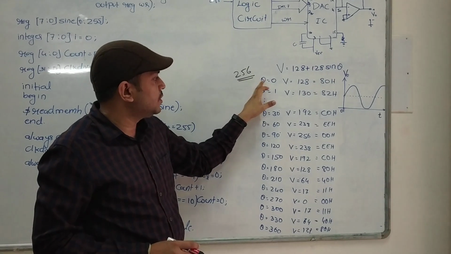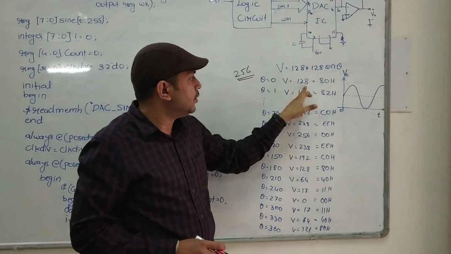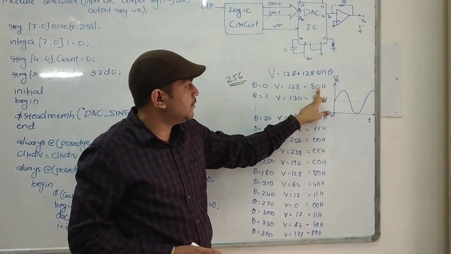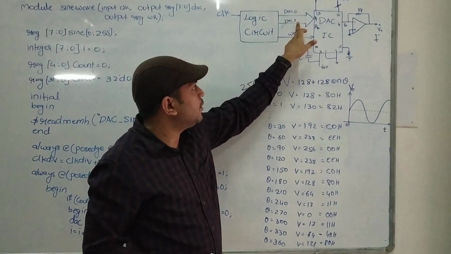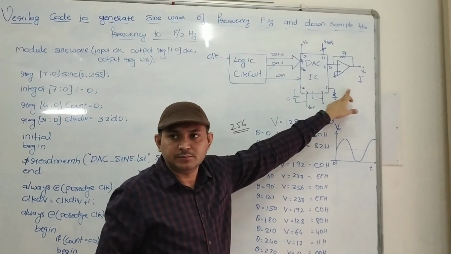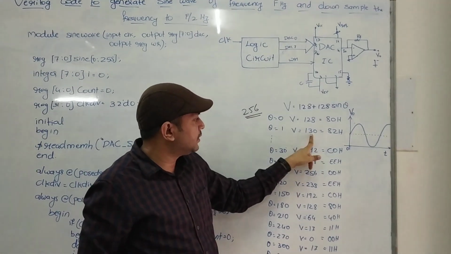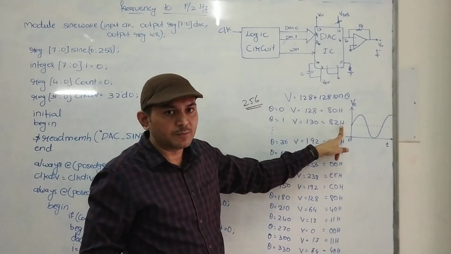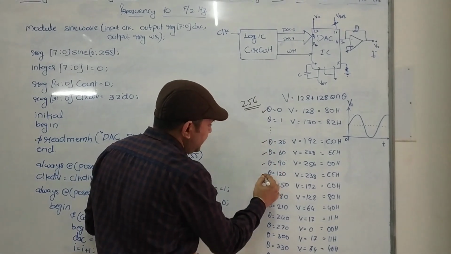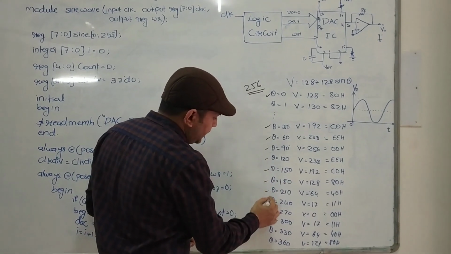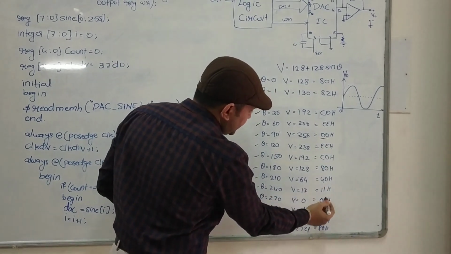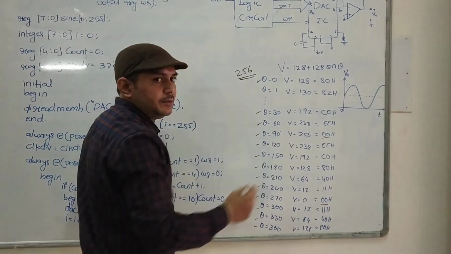See, here is the example. For theta equal to 0 degrees, the value will be 128, whose hexadecimal value is 80H. This is the 8-bit digital value which I will provide from the logic circuit to the DAC IC, so that it will generate the pattern. For 1 degree it will be 130, and 82H is the hexadecimal value. So like that, you have to concentrate on this. Theta is 0, 30, 60, 90, 120, 150, 180. For every 30 degrees I have written the value here, so that you can see there is a pattern here. Two times it will touch the 0 value.